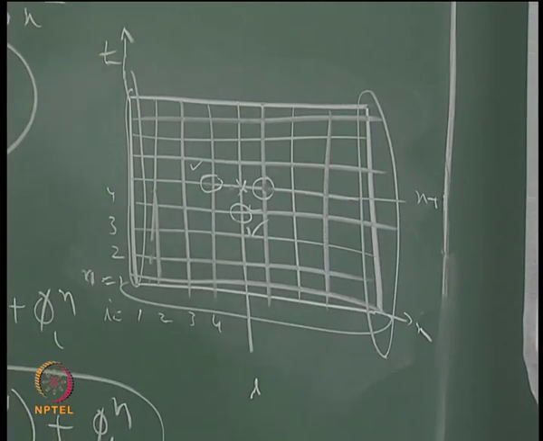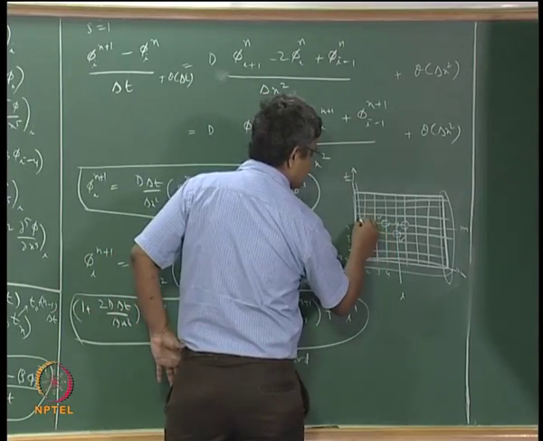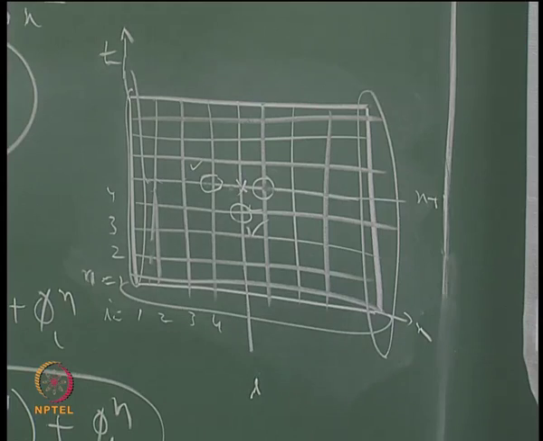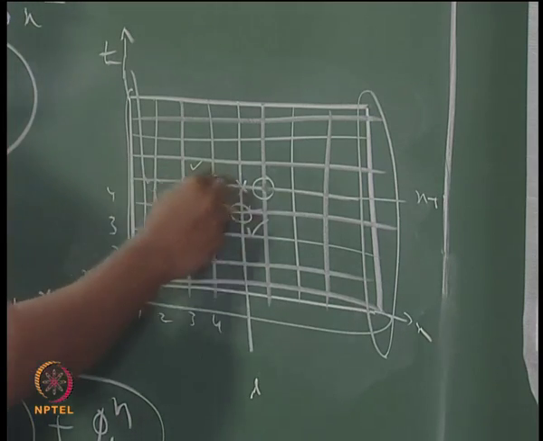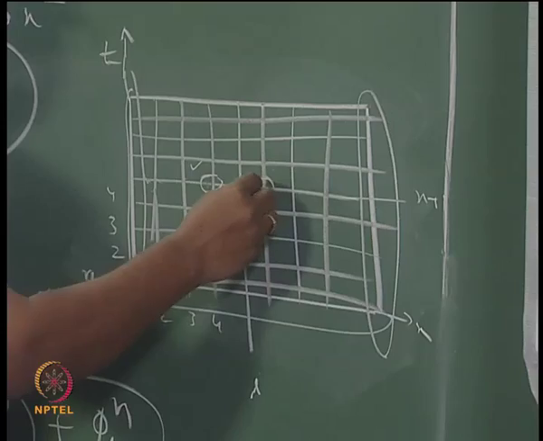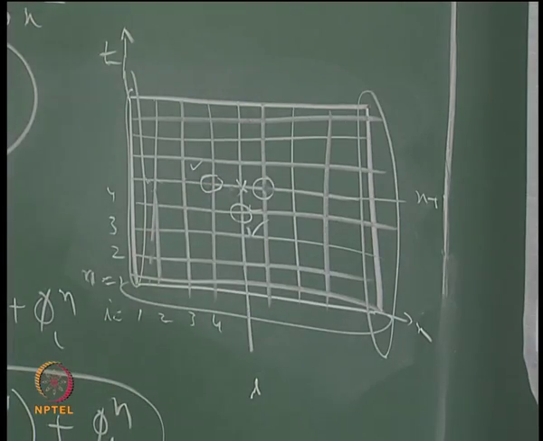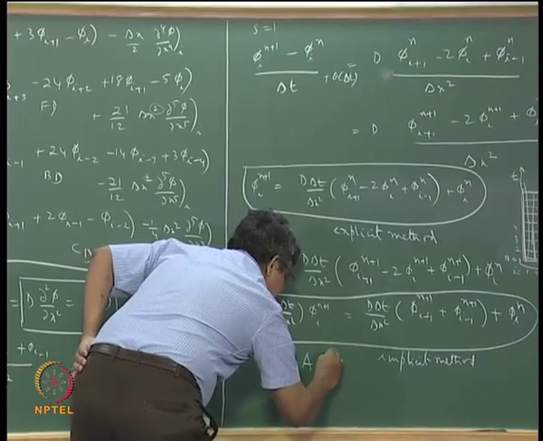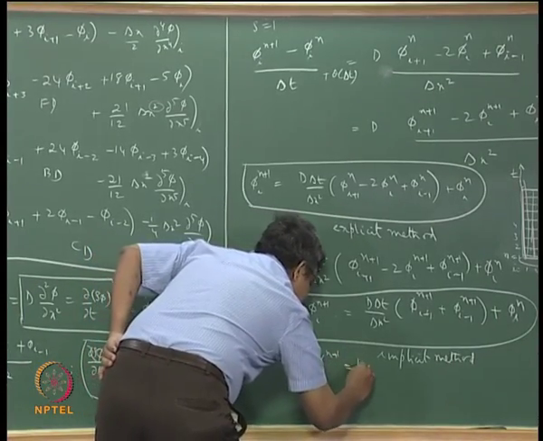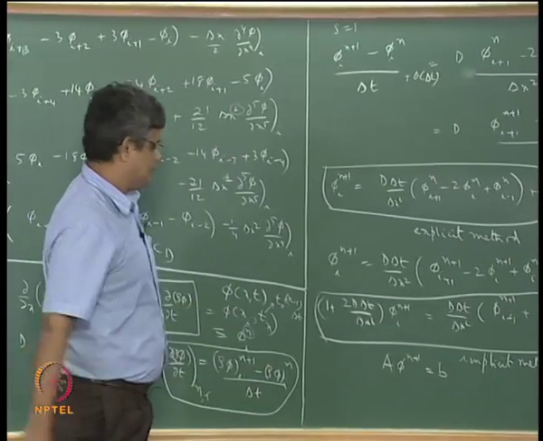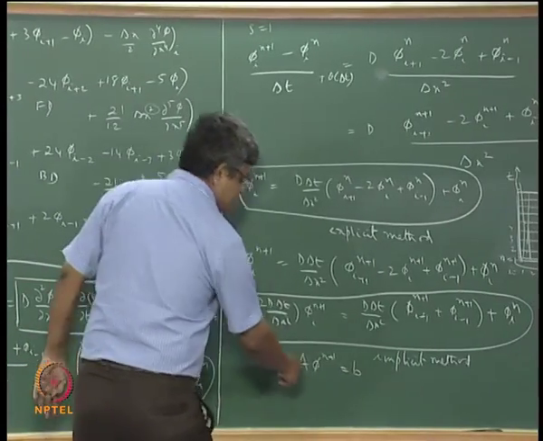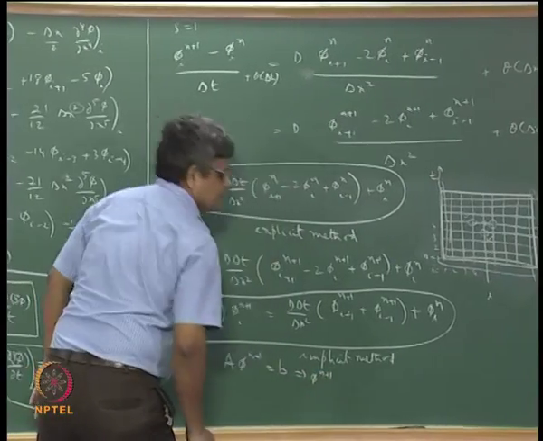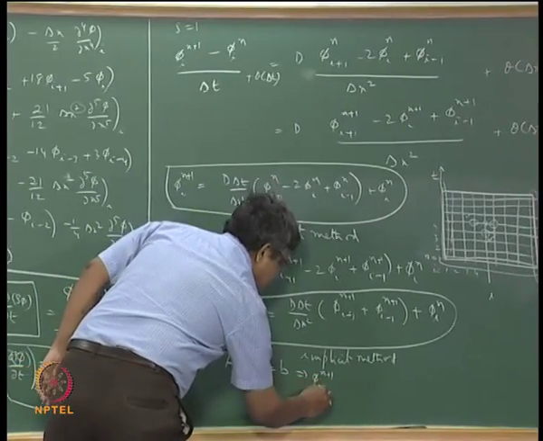So we need to write down this equation for all the points which are appearing in the same time step, and then for all these things, when you put them together you get an equation something like A phi n plus 1 equal to b. Okay, and so this we solve for phi n plus 1 for all I,